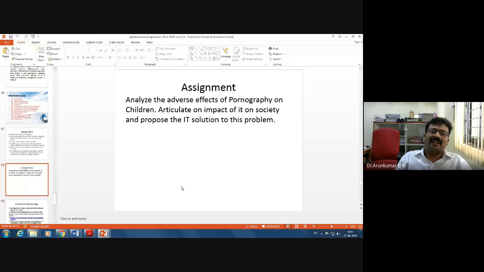One, the effect of internet addiction such as pornography on children. Another, internet or digital addiction and its effect on the youth. These also need IT solutions. How to bring IT solutions to such problems, how to reduce or curb such problems, is the question.